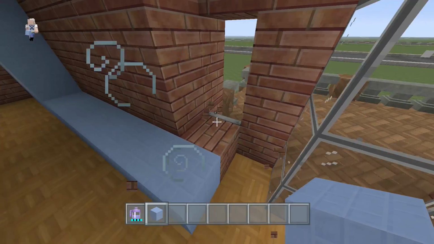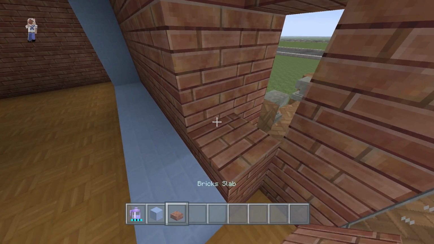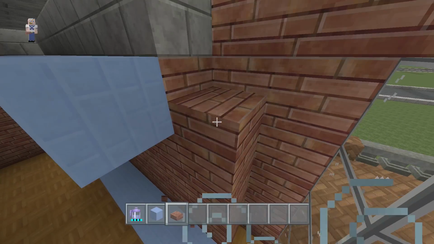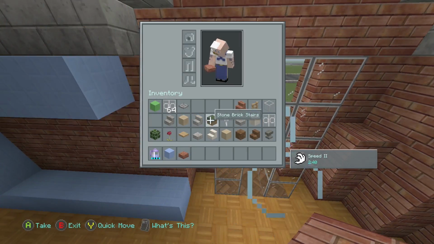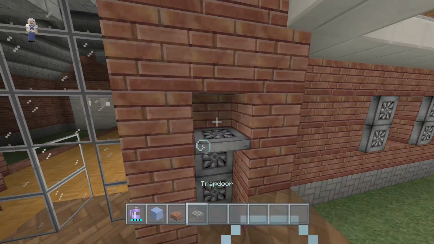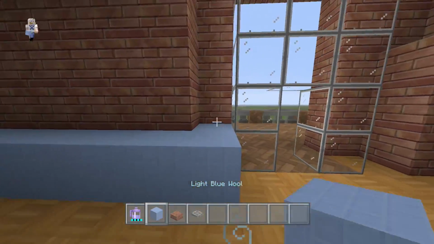Oh, hey, we need that brick there. My bad. Let me put some brick back. Let me put my brick back, because they're bringing sexy back. Oh, alright, we need to put a trapdoor back out there because I got rid of both of them by accident, not on purpose. Okay, back to what we were doing.